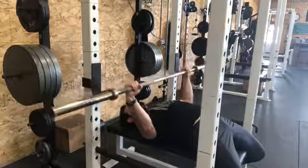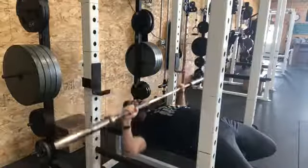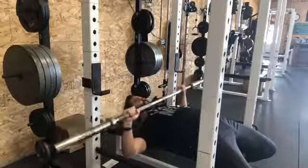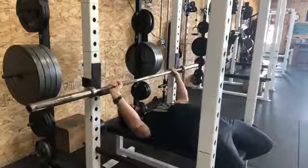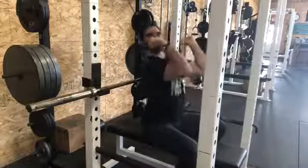Now, when we do this, we want to get underneath the bar to drive back up. What we don't want to do is get on top of the bar. This is what everybody tries to do. They try to get on top of the bar like this. You are at a severe disadvantage there. You're at a high advantage here, okay? So the point of that is that if you can get up underneath the bar, you